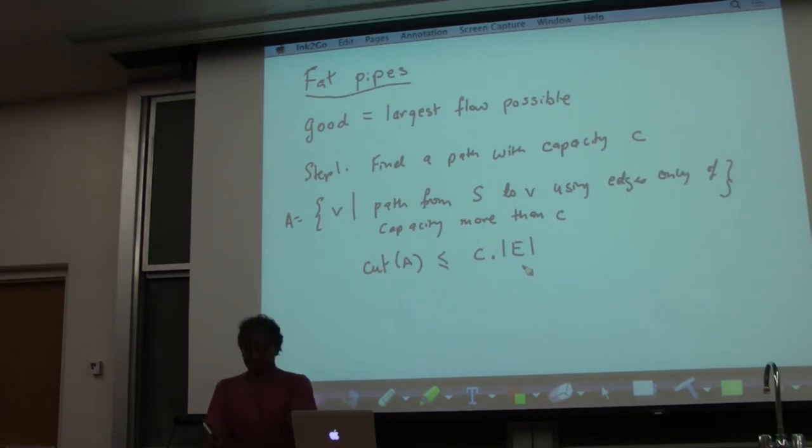But this is a cut. So I can also say if the max flow is F star, right? Because again, think of what we're saying. I have a cut, it has a cut value. By definition, the max flow has to be less than this cut value. So that's fine. On the other side, this cut has a value, it's at most C times E. So now we do the trick that we use all the time, we just remove the cut. So now we basically have proven that